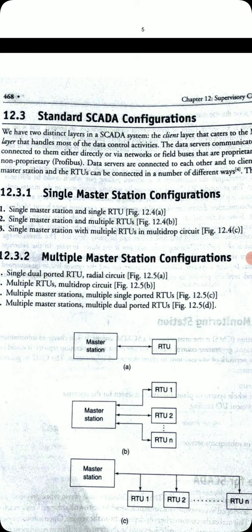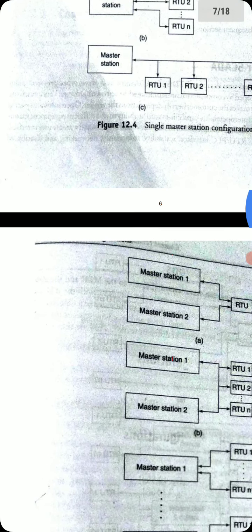Here in the second category there are four subcategories. The first one is single dual ported RTU radial circuit. Second one is multiple RTUs multi-drop circuit. Third one is multiple master stations and multiple single ported RTUs. And the fourth one is multiple master stations and multiple dual ported RTUs. We will see one by one. The first one is